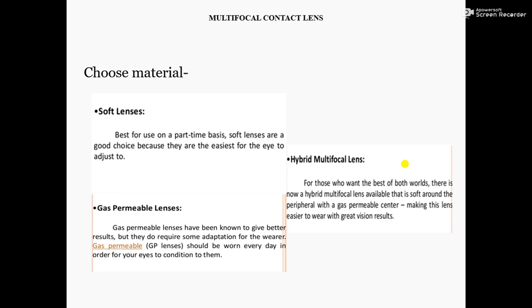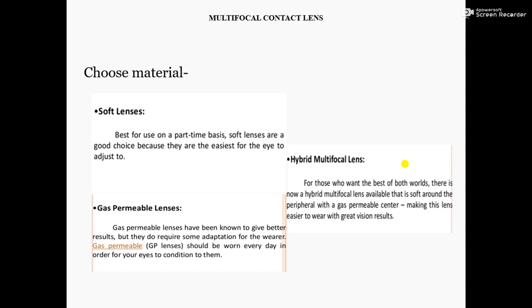Gas permeable lenses have been known to give better results, but they do require more adaptation for the wearer. RGP lenses should be worn every day in order for our eyes to condition to them.